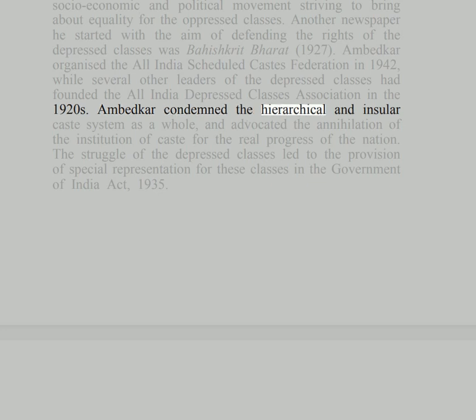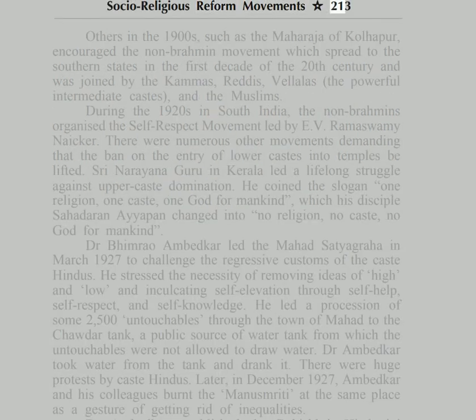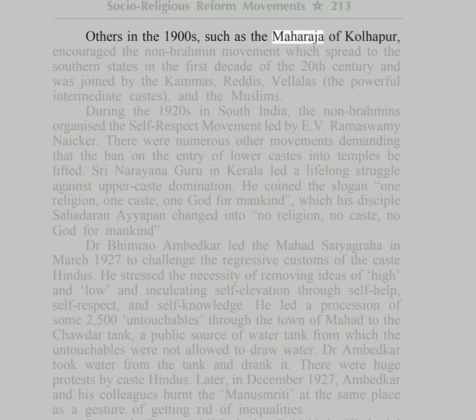Ambedkar condemned the hierarchical and insular caste system as a whole, and advocated the annihilation of the institution of caste for the real progress of the nation. The struggle of the depressed classes led to the provision of special representation for these classes in the Government of India Act, 1935. Others in the 1900s, such as the Maharaja of Kolhapur, encouraged the non-Brahman